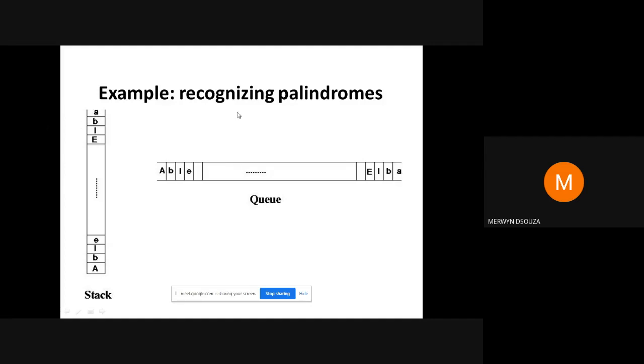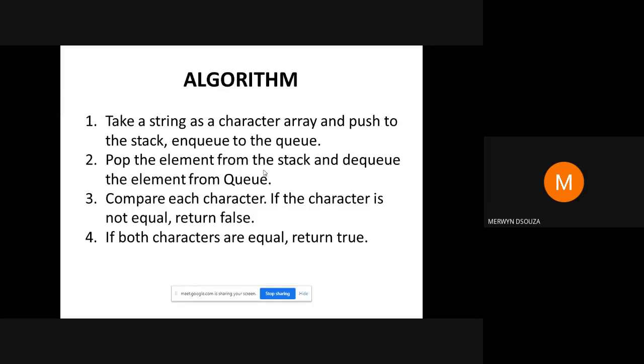If it is equal, then you will delete the next one. So you delete B and delete B. You delete one B from the stack, delete the next element from the queue, and compare. You will keep doing this as long as the elements that you are deleting and comparing are equal. If you keep comparing and you reach the end of the queue and the stack and they become empty, that means you have found a palindrome. Otherwise, if there is a mismatch, then you declare that the string that has been entered is not a palindrome. So this will be your algorithm.